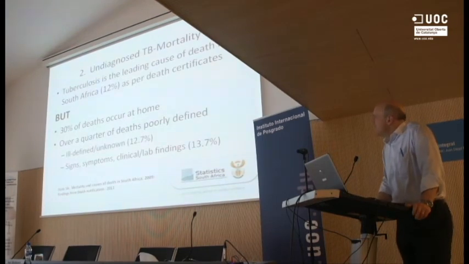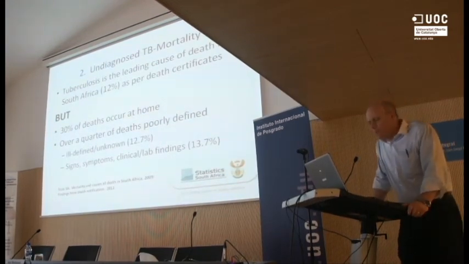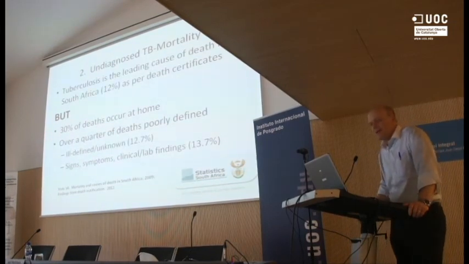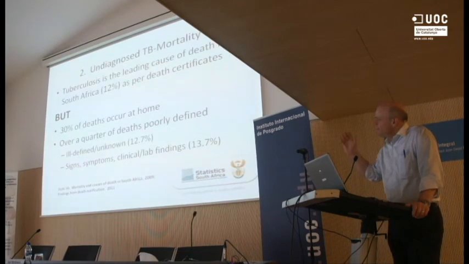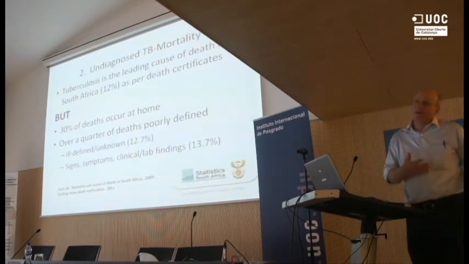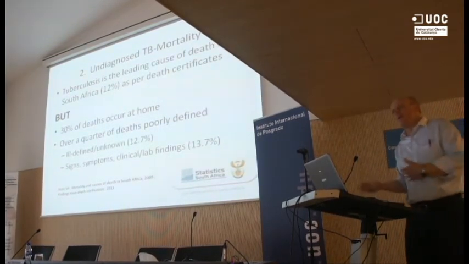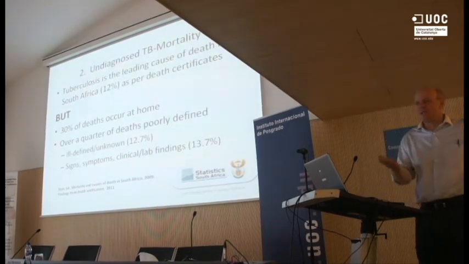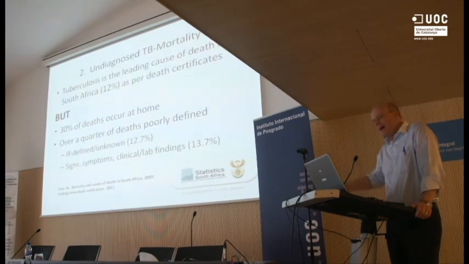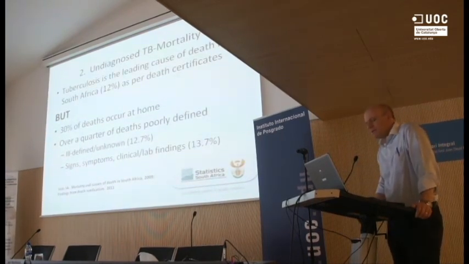The other thing that I think is of some importance is that if you look at death certificates in South Africa, tuberculosis is now the leading cause of death. Now clearly, it shouldn't be tuberculosis in some of these death certificates. It should probably be HIV. And there's misclassification because there's some bias by the families. They want tuberculosis on the death certificate rather than HIV, or the doctor is reluctant to put HIV or something. But anyway, using the death certificates, TB is recorded as the leading cause of death.